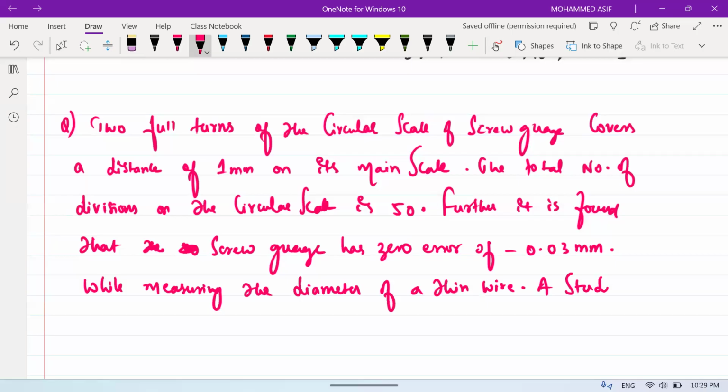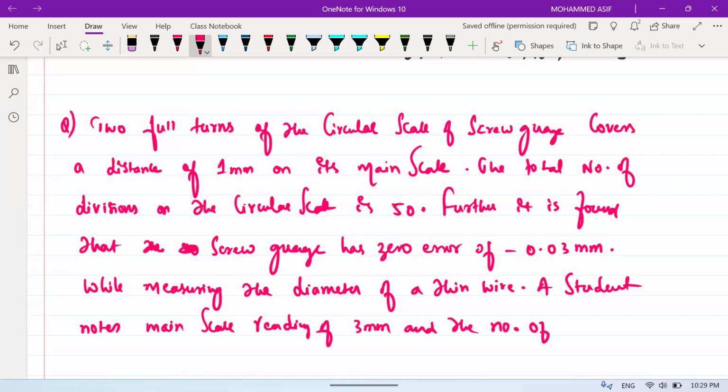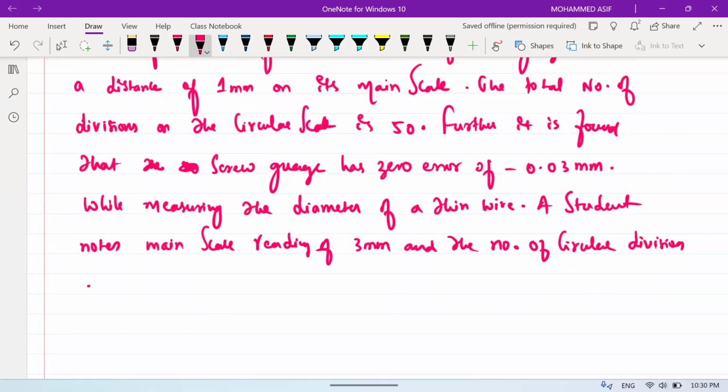Student notes main scale reading of 3 mm and the number of circular scale divisions in line with the main scale is 35. The diameter of wire is